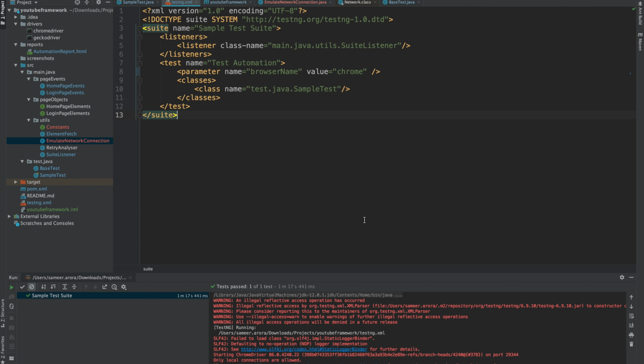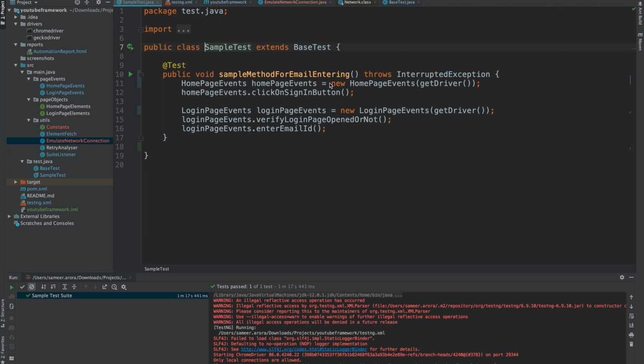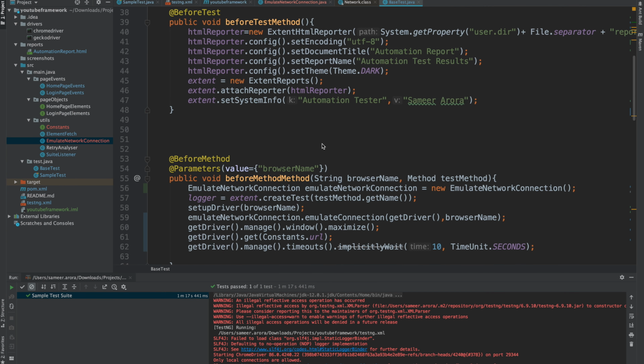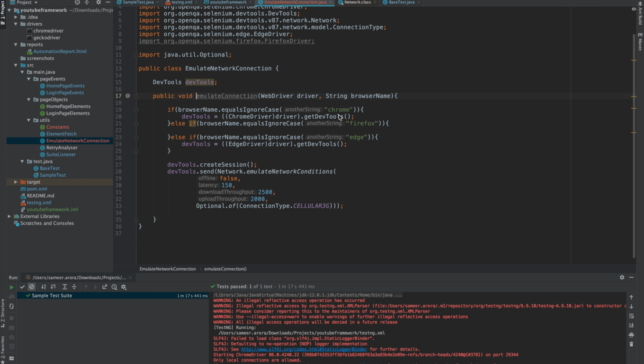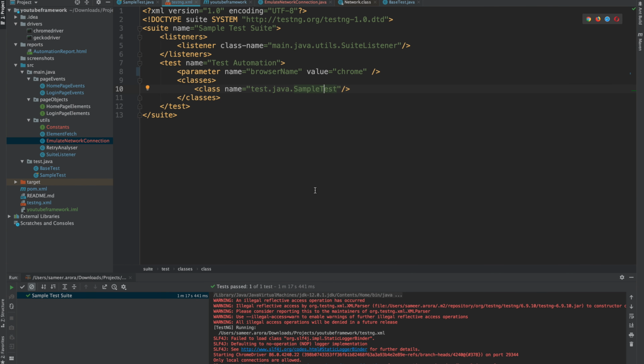We can also test our application when the network is off or if it's in the offline state. For that, we just need to enable that particular flag which is mentioned in the method. So I'll be going to that method, and I'll be changing it to true. So the offline is true now, and the connection will be going off as soon as the script is executed. So let's try to run it and see the difference now.